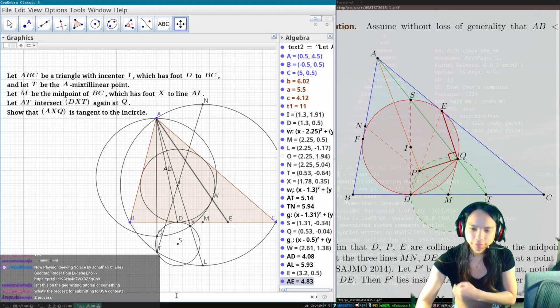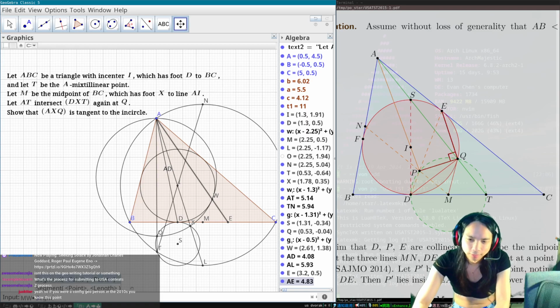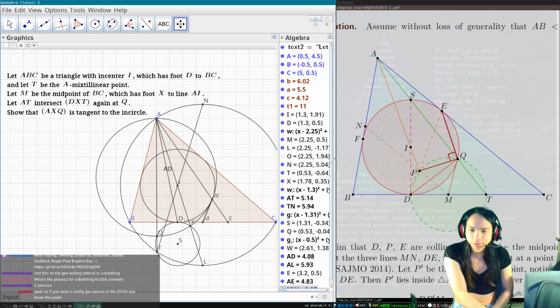So there's two things that are going to happen. One is that I need to, well, okay, this point is tangent. So what I do is there's a circle here at M, and MW is a tangent, alright? This is just known. Because this circle has MD equals MW, and it's tangent here, so it's tangent there. This is a right angle, yada yada. That's because it passes through the